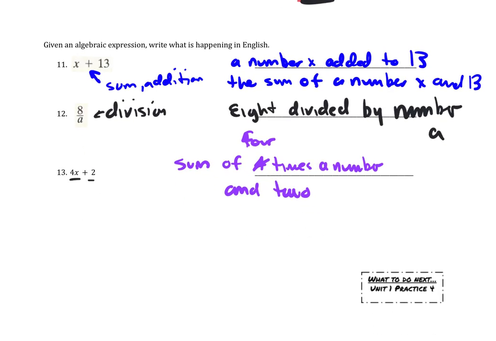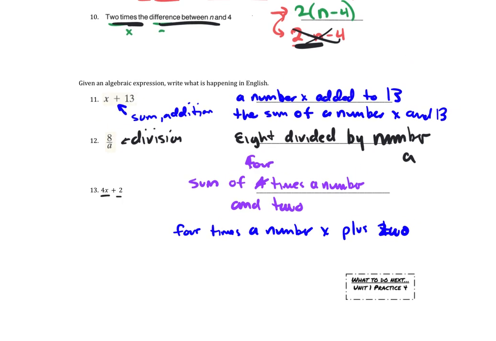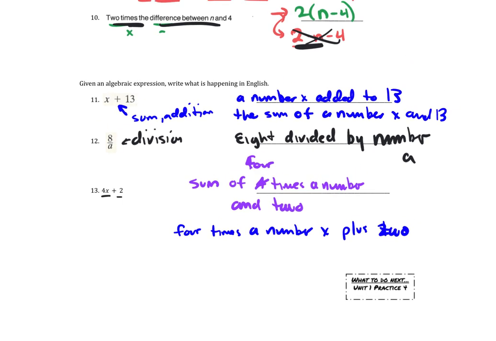I mean, there's a little bit of flexibility here and a little bit of kind of what makes the most sense to you. I think most students would say 4 times a number x plus 2. I mean, that would be fine as well. So, I mean, there's a little bit of versatility in kind of what you can do there. Okay, so play around with this. Spend some time learning